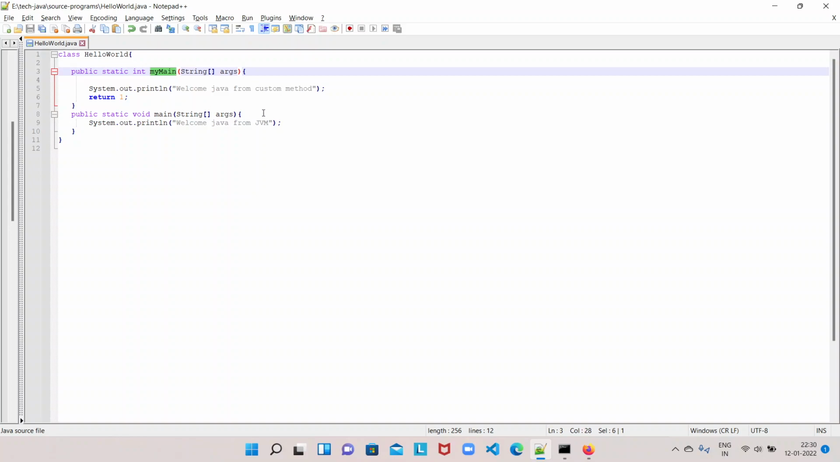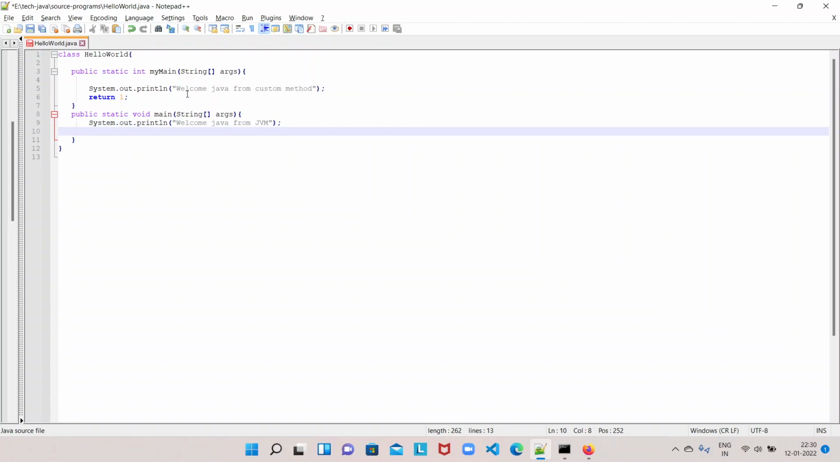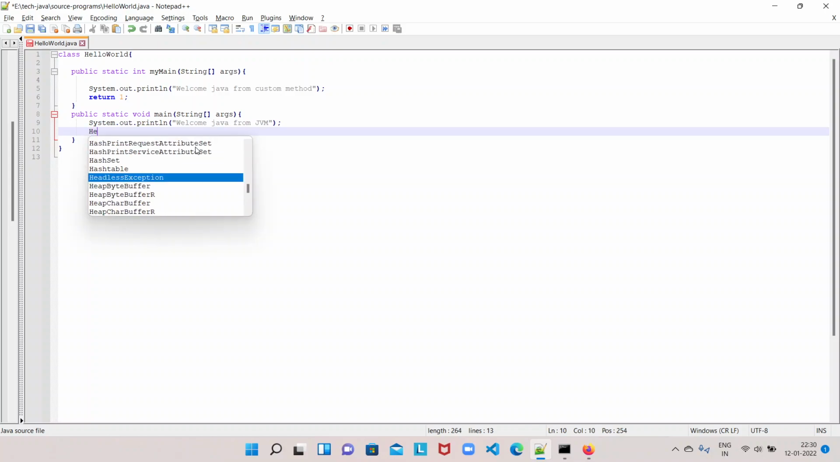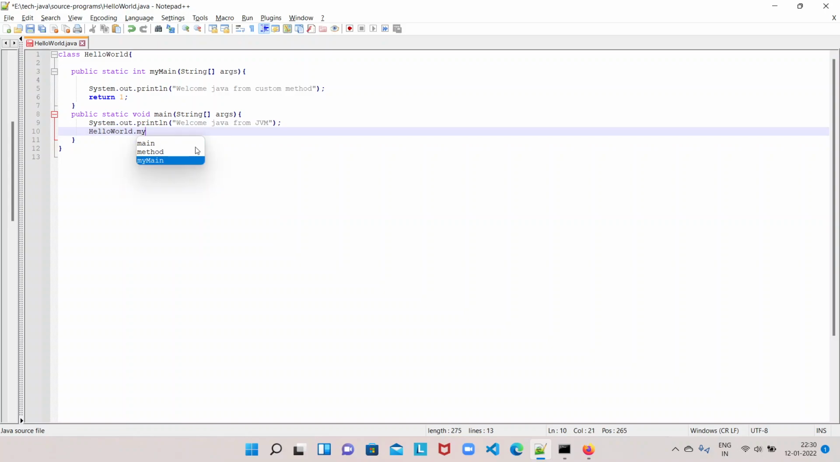Let us see how to call this method here. Then we will see the output of the statement which we have written in line number 5. In order to do that, as that is a static method, we can use the class name, right? HelloWorld dot myMain